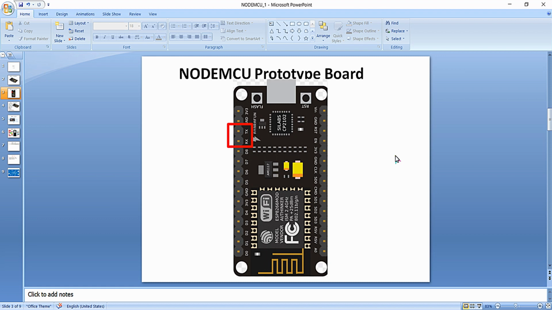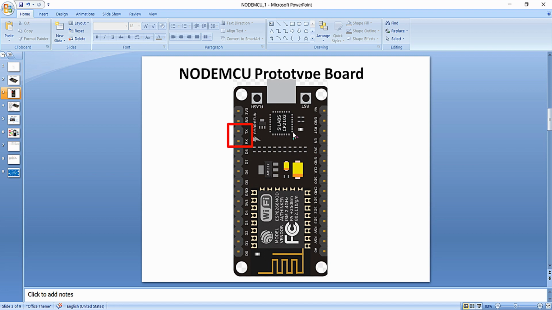From the previous lecture on NodeMCU hardware, I explained that this is the UART line of the NodeMCU, that is, the serial communication line, and this one is the CP2102 driver, which is useful for loading the program to the Wi-Fi chip available over here.